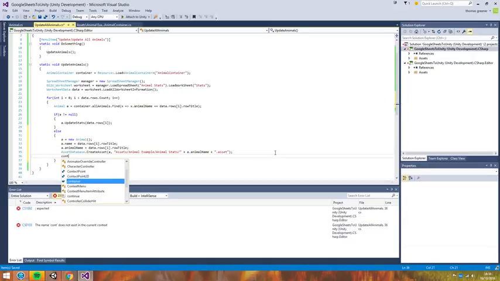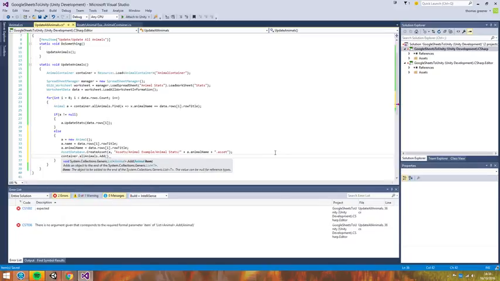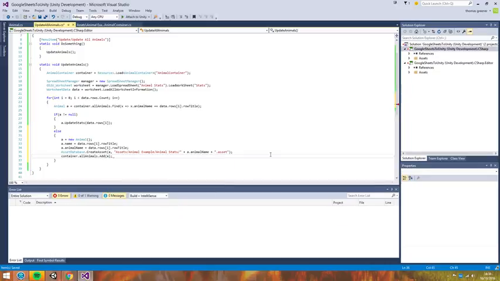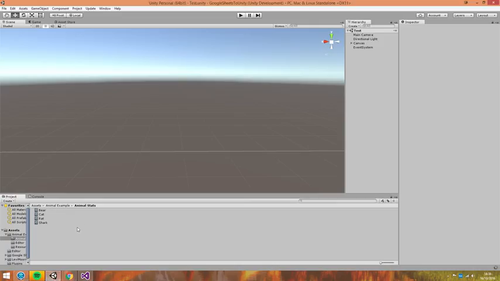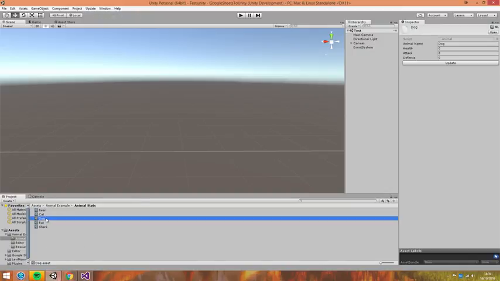And then we want to go container dot all animals dot add a. So now our container is aware of this animal, so the next time we update it, we don't need to recreate it because we've already got it existing. So if we go back here now, and we go update all animals, as you can see we've got a dog here, but we haven't got the values in there. So if we go update again,